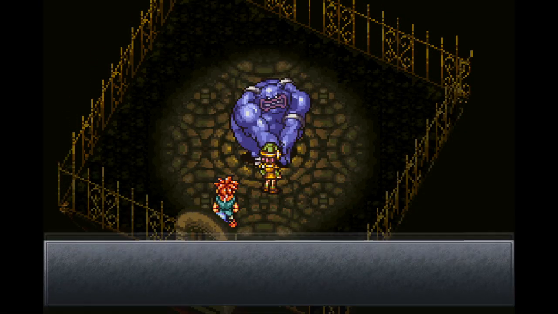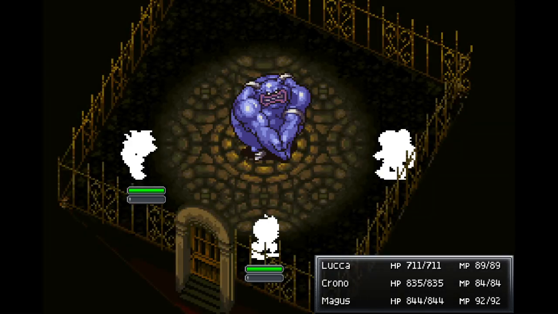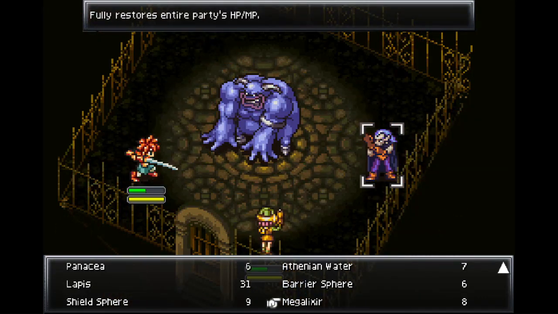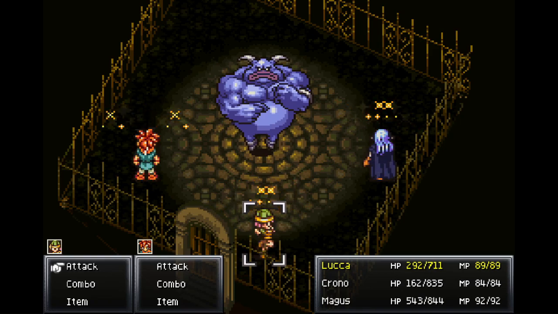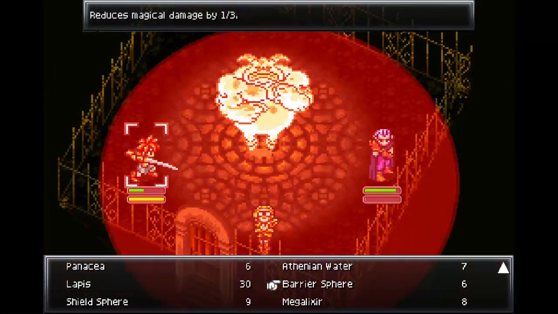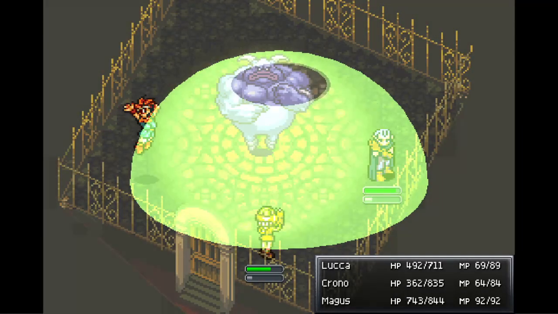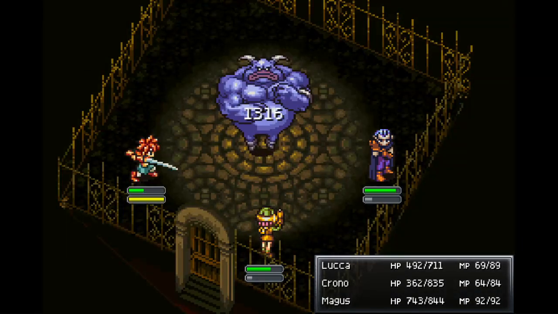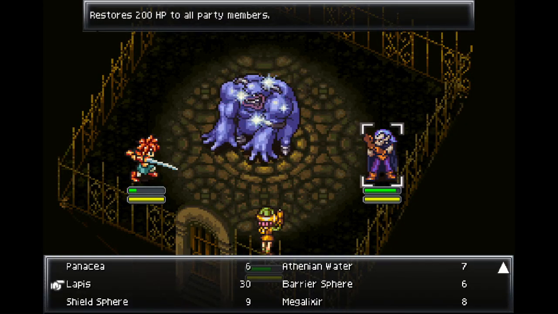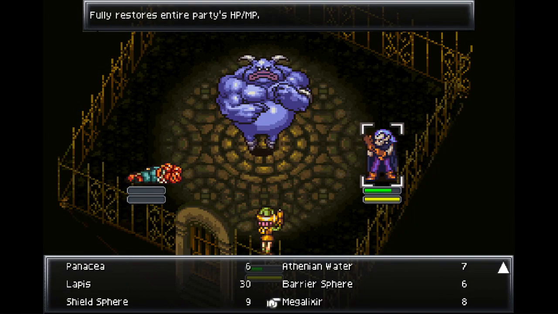Let's try this. So there's his opener. That's... Chrono's doing a little better surviving that now. Should I use a barrier sphere on him? What's Luminaire gonna do? Let's just start with this. Ugh. That was only 177. Oh, but he's gonna die from this. The barrier sphere will increase his magic defense a little more. But Chrono's underleveled compared to my other characters now because we've done all the endgame